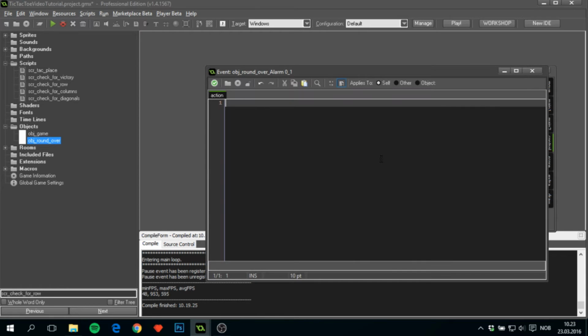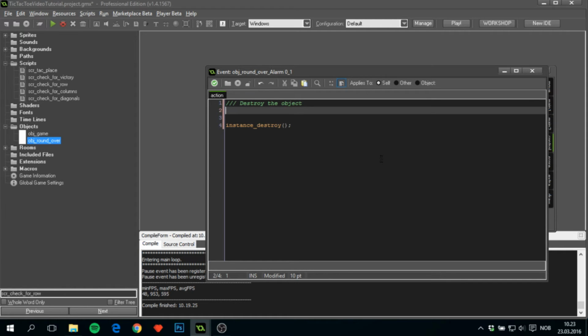Add a piece of code in here. And this will be basically this called destroy the object. First we'll add in an instance destroy. After 2 seconds this will be destroyed. And we will